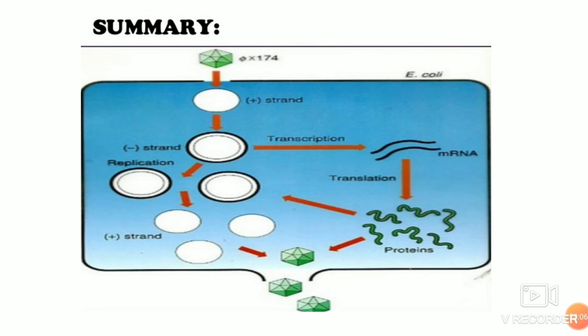Parallelly, these replicative forms are converted to the positive strand genomic DNA, and the mRNAs are transcribed, and translation of the mRNA produces enough protein. Once these proteins are synthesized, they are assembled into a procapsid, and then the genomic DNA is recruited by the J protein, and the whole virion is formed. The mature virions are released by accumulation of more and more virions and reduction in cell wall synthesis that leads to lysis of the cell. So this is the whole productive cycle of the phiX174 bacteriophage.